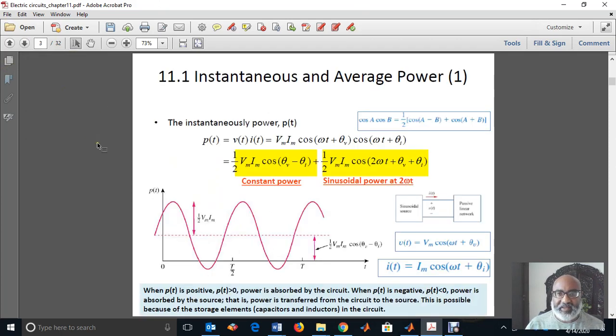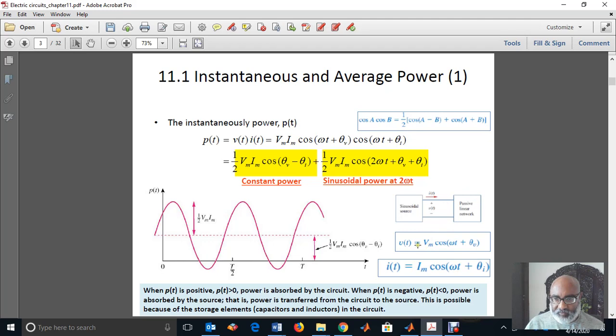Okay, instantaneous and average power. So what is instantaneous power and what is average power? Suppose I have here a voltage source. Then there is here a network, a passive network element consisting of, for example, resistors, capacitors, inductors. The voltage across the passive network is V of t, and the current going to the network is I of